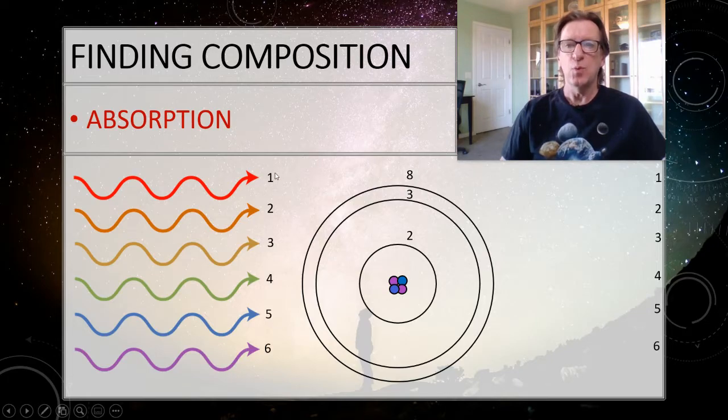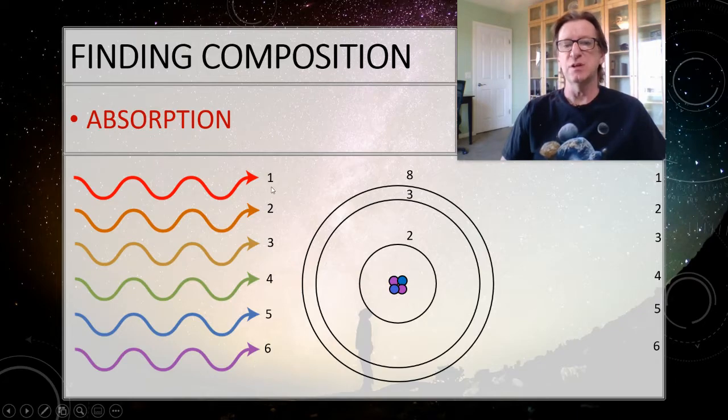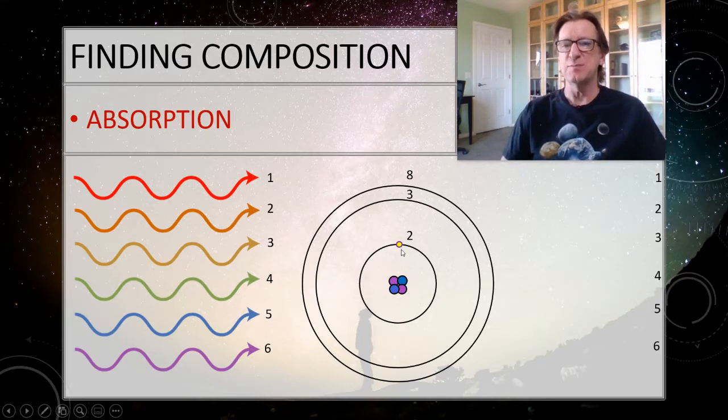Now remember, white light, which is produced by that continuous spectrum, so it's produced by a hot, dense object. It's got all the colors in it. And so red is, of course, the lowest energy, and purple is the highest energy. Again, these energy numbers don't mean anything. I'm just saying the energy is increasing as I go this way. All right, so let's say that that electron is just sitting down here in its rest state because it's chilling. It's just hanging out right here.